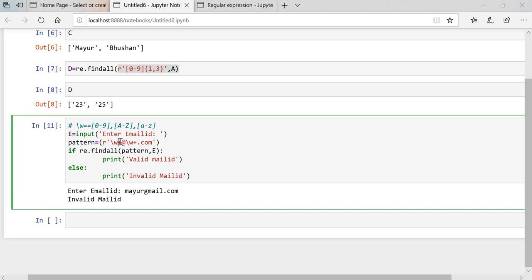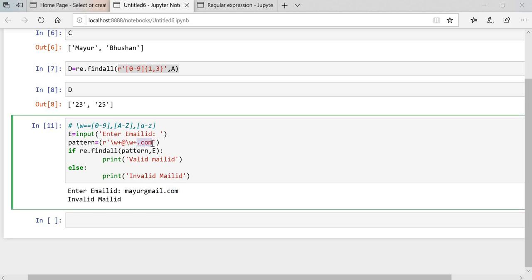For that we have used the plus sign to concat the two string values. Then after that, this \w means after the @ we can put Gmail, like what I have put here, then plus to concat .com.